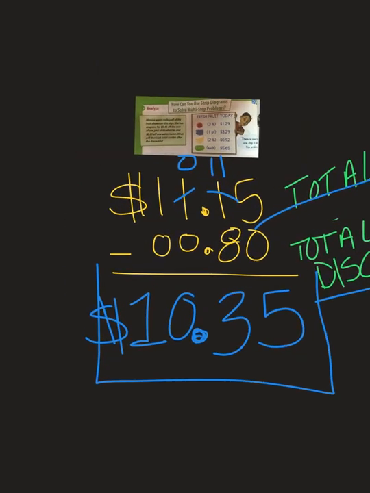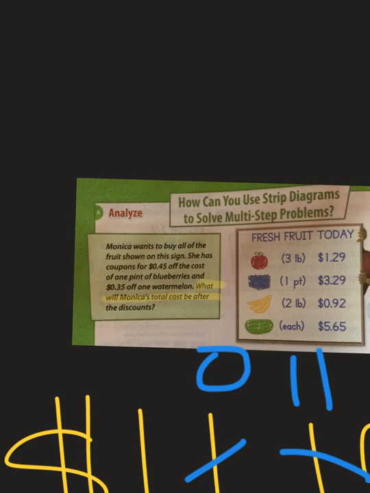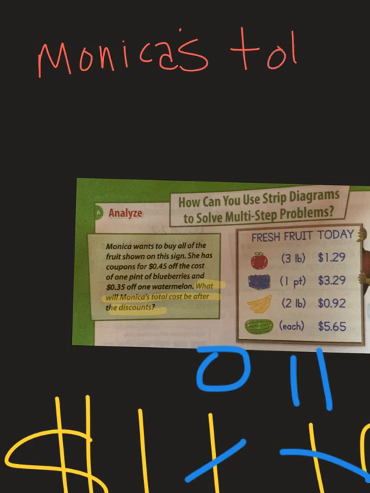So what we're going to do is put that in an answer statement. So let's look at the question, and I'll show you what an answer statement looks like. The question says, what will Monica's total cost be after the discounts? Okay, so to make an answer sentence, it looks like this. We take the question and make it into a statement. So right now, the way it's written says, what will Monica's total cost be after the discount? So we can say, Monica, we're going to change it to a statement. Monica's total cost